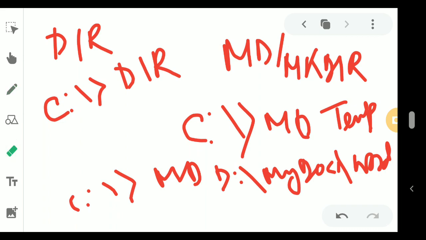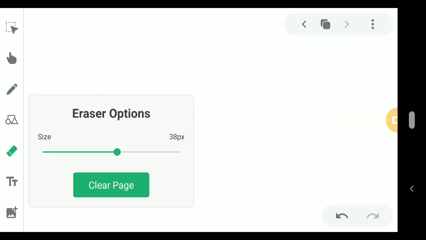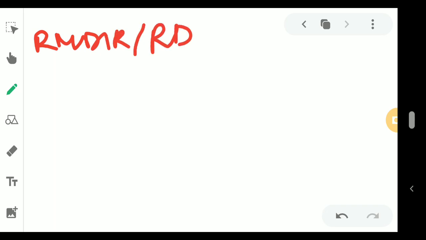Okay, and the next internal command is rd, that is rmdir, or generally we treat it as rd. This rd command is used to remove or delete a directory or folder in DOS. You can write down the path, or you can directly write the directory or folder that you want to delete.